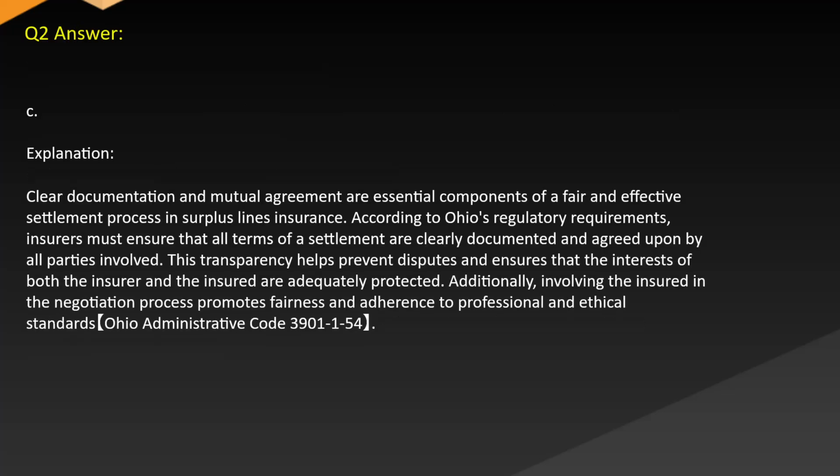Answer: C. Explanation. Clear documentation and mutual agreement are essential components of a fair and effective settlement process in surplus lines insurance. According to Ohio's regulatory requirements, insurers must ensure that all terms of a settlement are clearly documented and agreed upon by all parties involved. This transparency helps prevent disputes and ensures that the interests of both the insurer and the insured are adequately protected. Additionally, involving the insured in the negotiation process promotes fairness and adherence to professional and ethical standards. Ohio Administrative Code